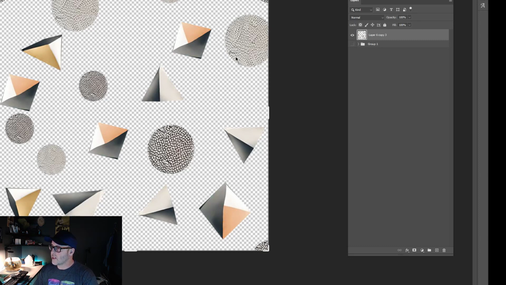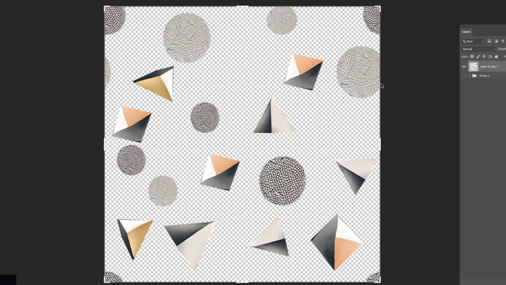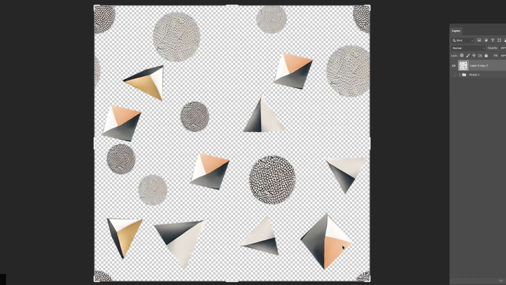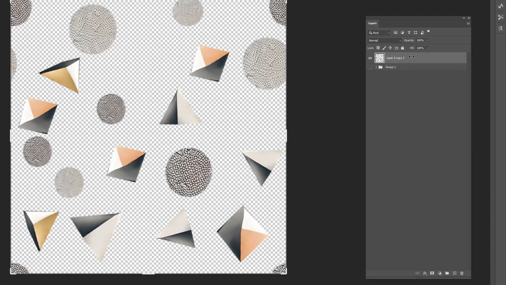One thing you're going to see is that there's a motif here and it's slightly cut off, and on the other side, the other part of it reappears. Same thing for this circle, the other part of it appears over here, the top of it appears at the bottom, etc. And that's so it repeats infinitely, top and bottom, and that's our goal. So I'm going to delete that one,